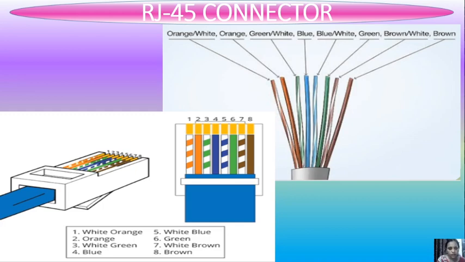The first wire is white orange, second is orange, third is white green, fourth is blue, fifth is white blue, sixth is green, seventh is white brown, and eighth is brown. So this is the 8 wire connector RJ45.